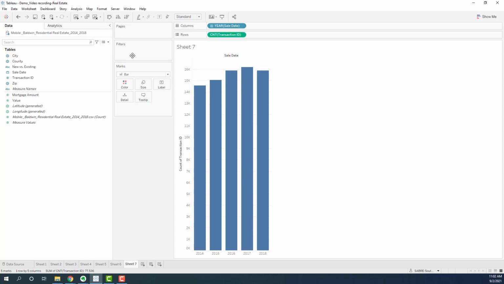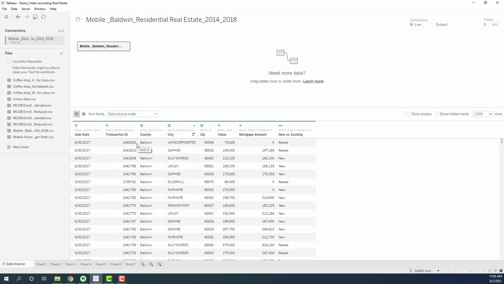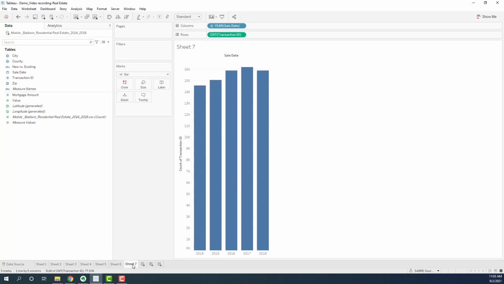We can flip the view. We measured the count, but because each row in our data set is a unique sales transaction, which is what we want to show in our chart, we can also, instead of using transaction ID field, use